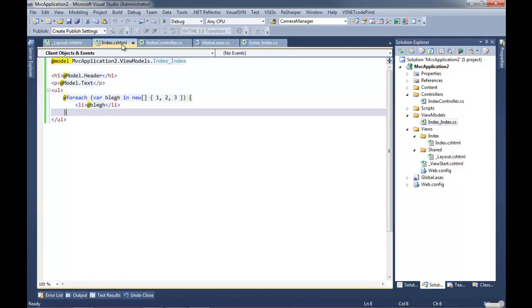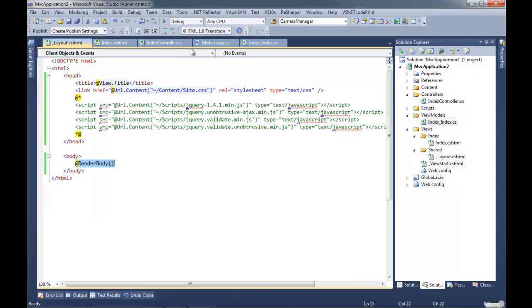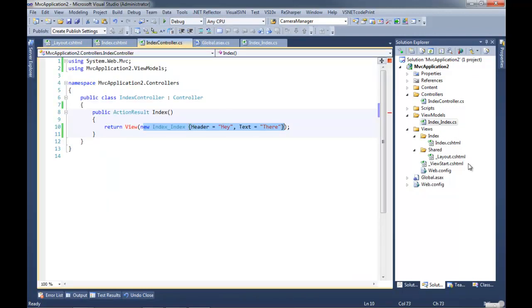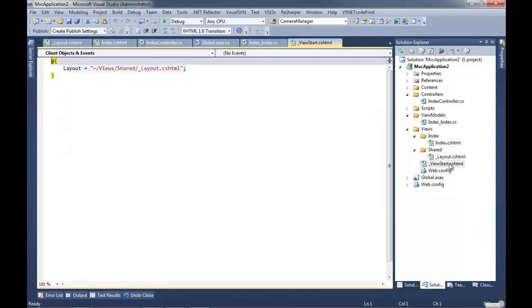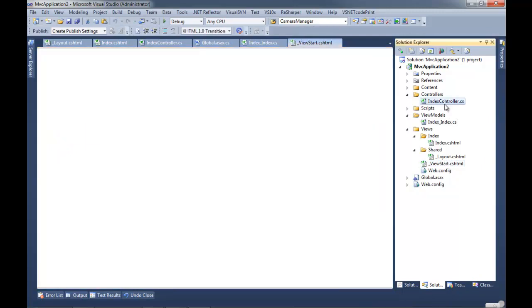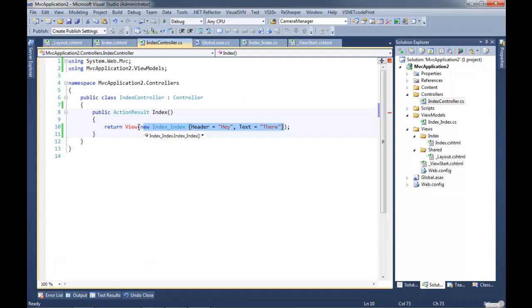Mm-hmm. Then after that, what actually happens is it goes into the view start. When you call view, it doesn't actually invoke the view engine just yet. But when it invokes the action result that was created with the view function, then ASP.NET MVC creates the view engine.